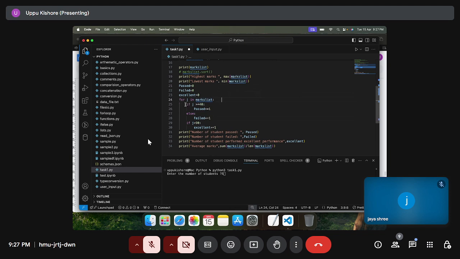So we need to write the condition. What condition? So if this marks, this j is greater than or equal to 40, so we consider him as